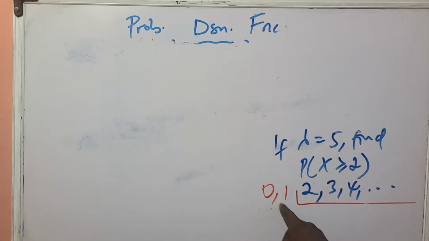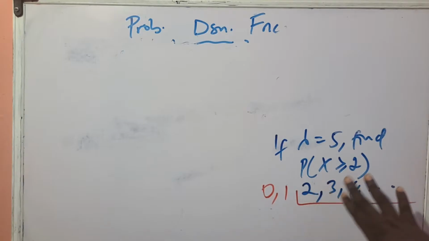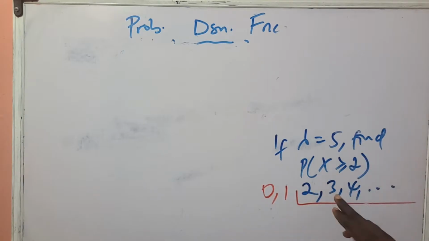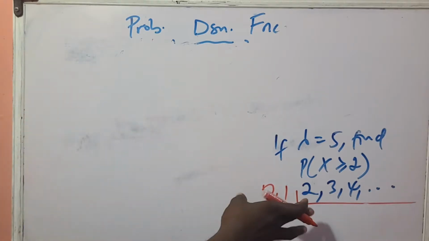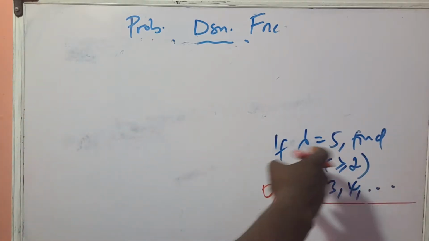So you can see that the probability of 0 and 1 represents the complementary probability of every other element of this particular set. If you can understand what I'm saying, guys. So now, instead of solving the probability of x equals 2, or the probability of x equals 3, and so on and so forth, you will solve for the probability of x equals 0 or 1. Then you will say 1 minus that probability. So this is what I'm saying right here. To find the probability of x greater than or equal to 2, which is very difficult to solve,